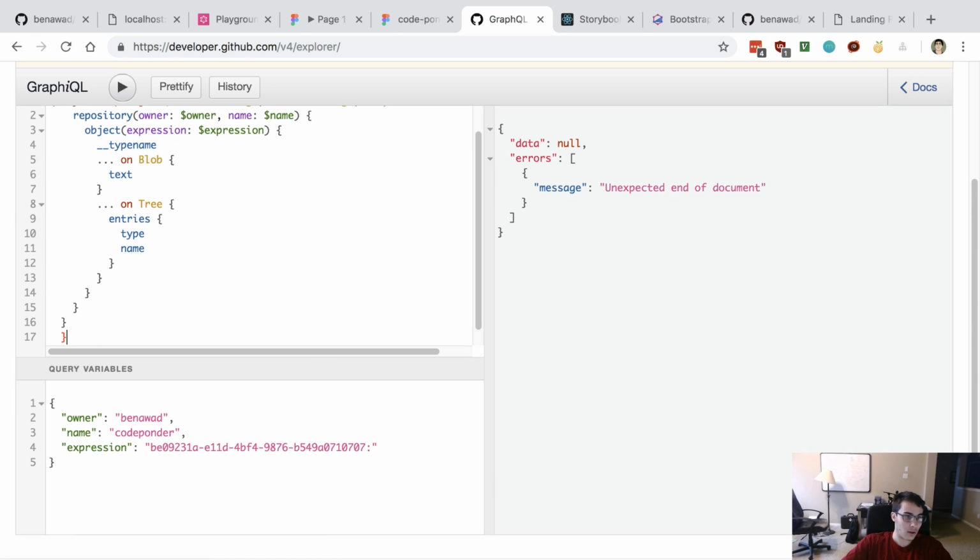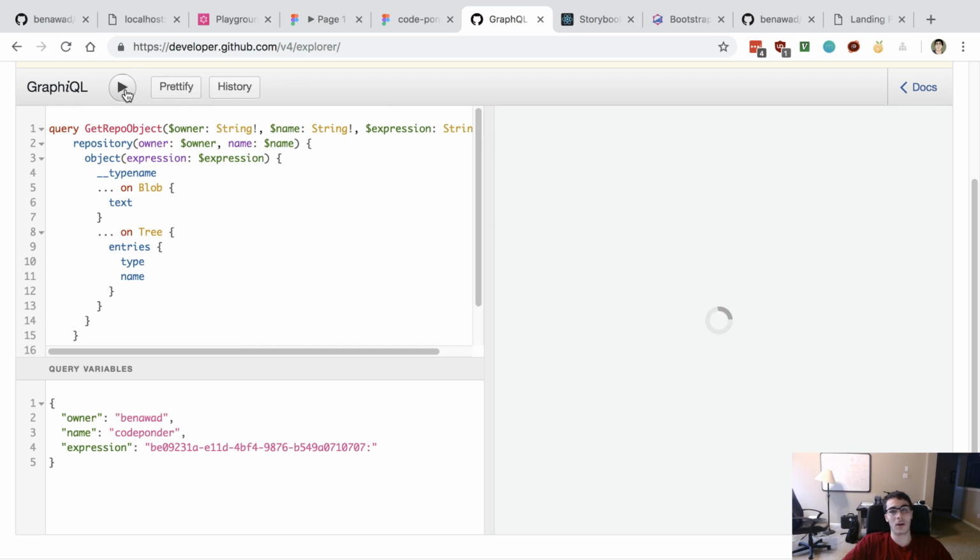Oops. You have two objects, a commit and a repo. All right, what? Oh, it just doesn't get it for either.